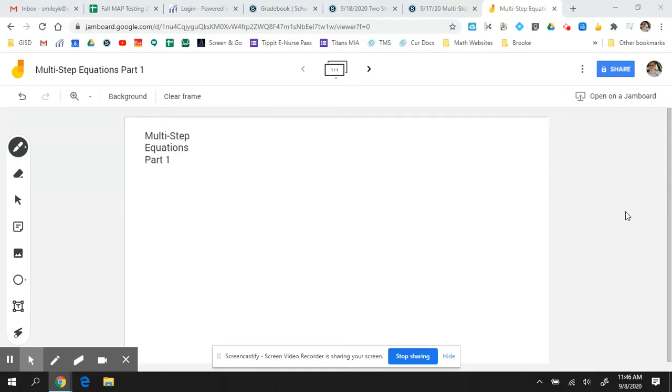Hi everyone, today we are going to do multi-step equations. This is part 1. Multi-step is a big word, but it's really just a lot of different steps. It might have 2, it might have 3, it might have 4 or 5, but they call it multi-step because there are multiple. So the first one we're going to get to is 2 parentheses x plus 3, close your parentheses,